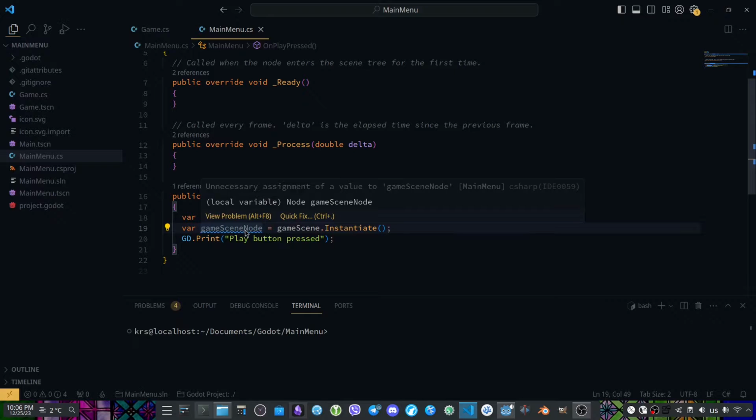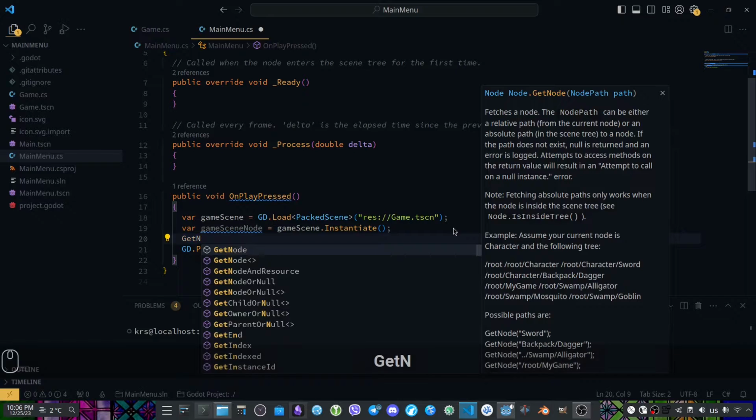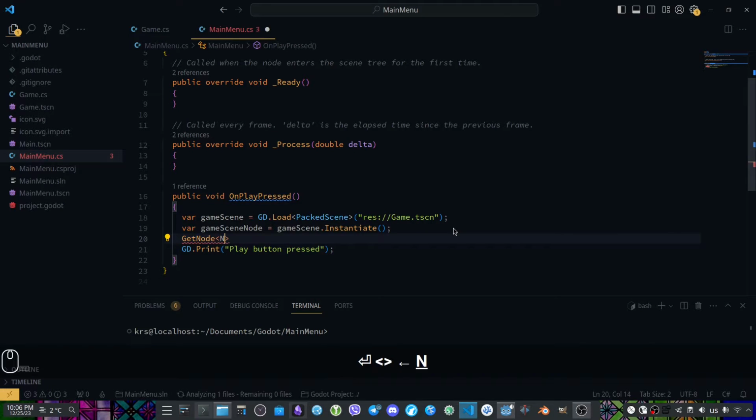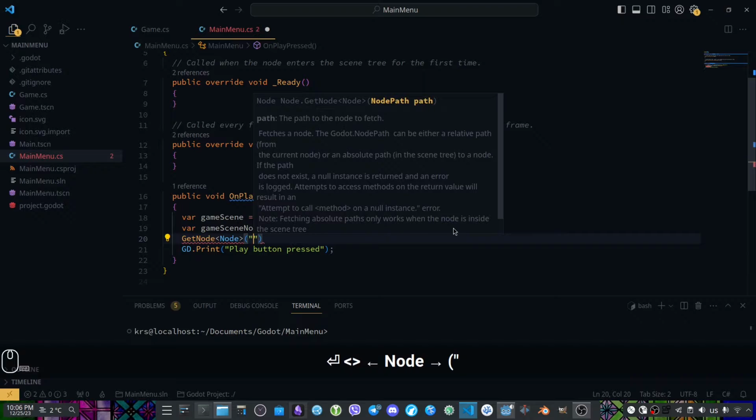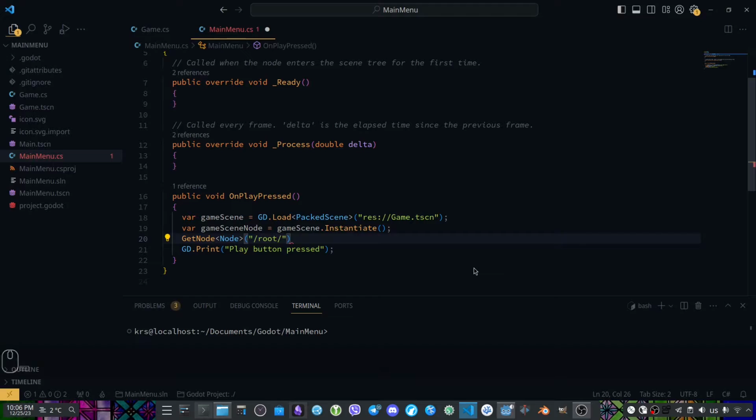And now we want to append this node as a child of main. So we need to get the main node and append this node as a child. To get the main node, we say get node, and here we can use an absolute path. An absolute path starts with /root/ and then our tree, which in our case has main right away. We can get main like so, or we can